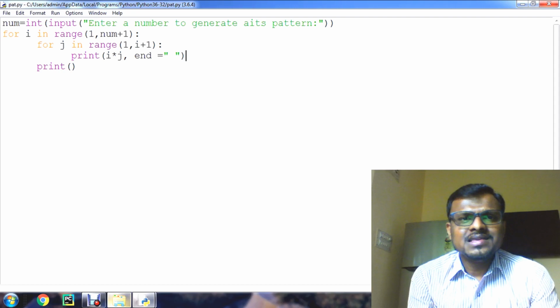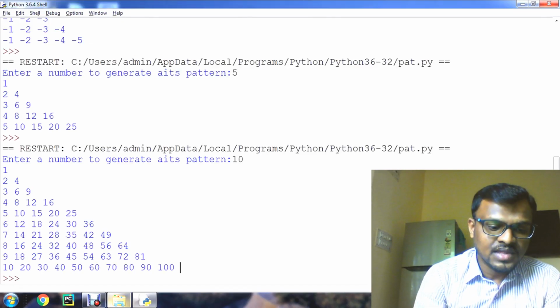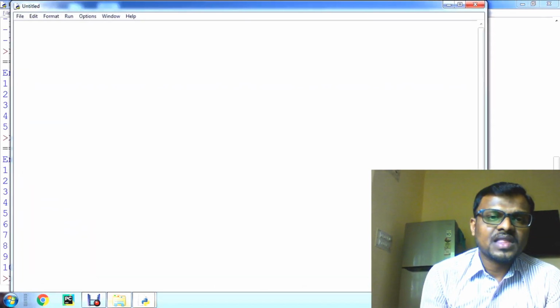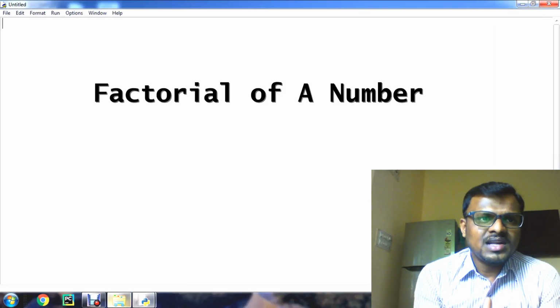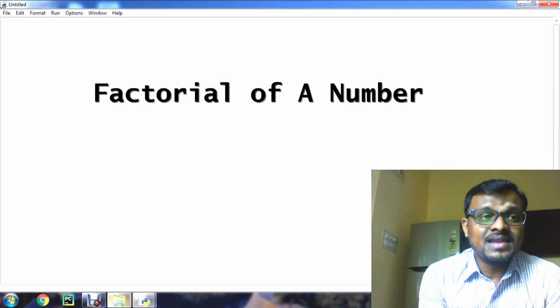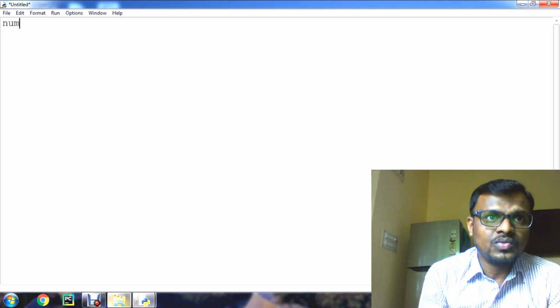Now let us have another example program, to print the factorial of a given number. You know the factorial concept. Now how can we make use of Python code to generate the factorial of a number?